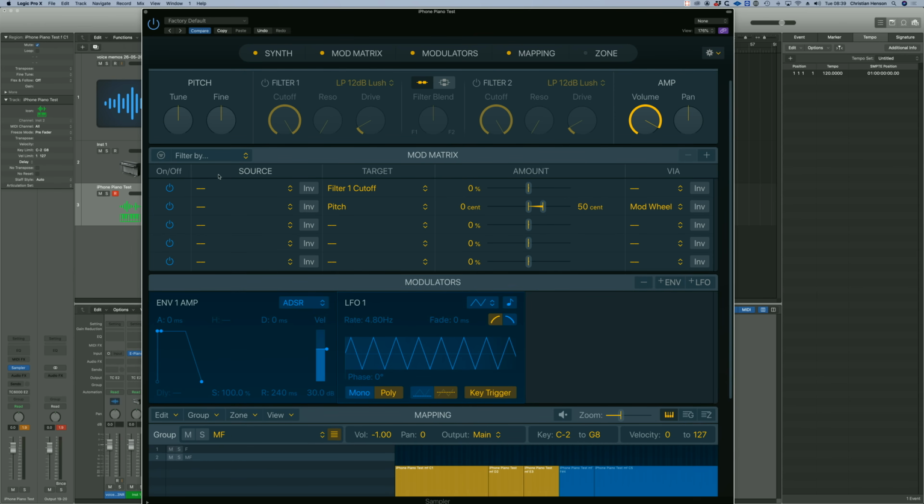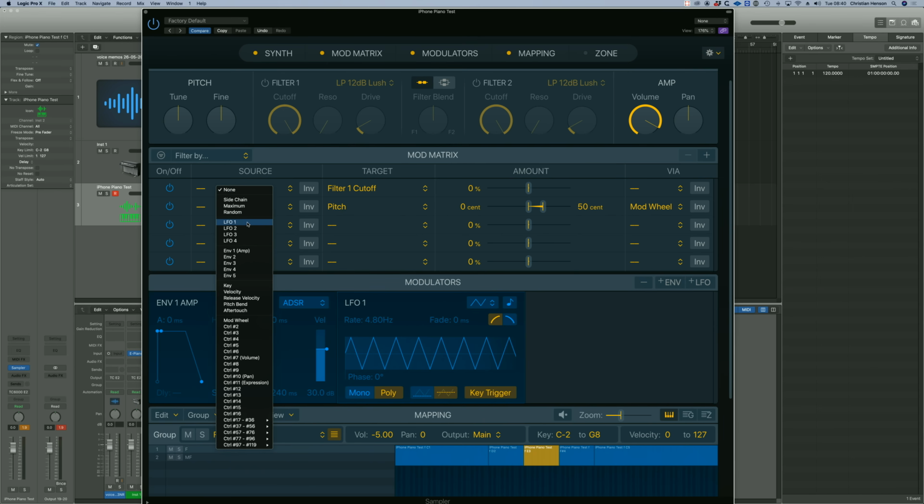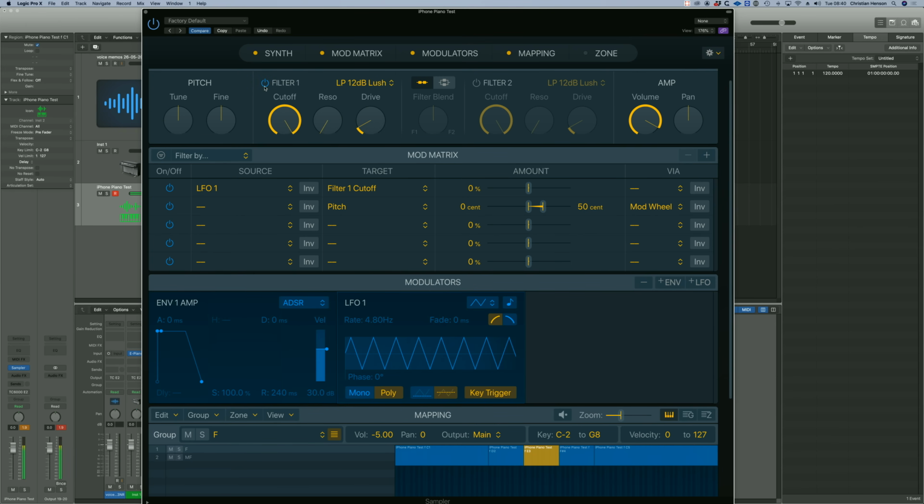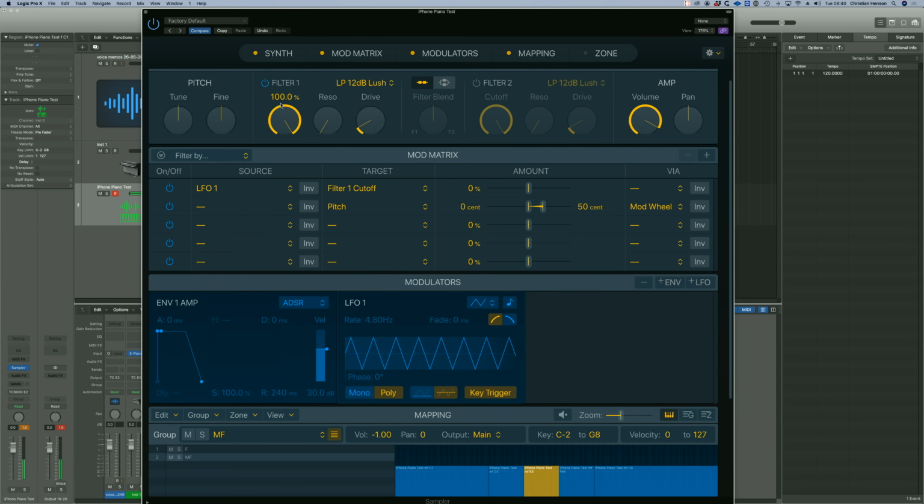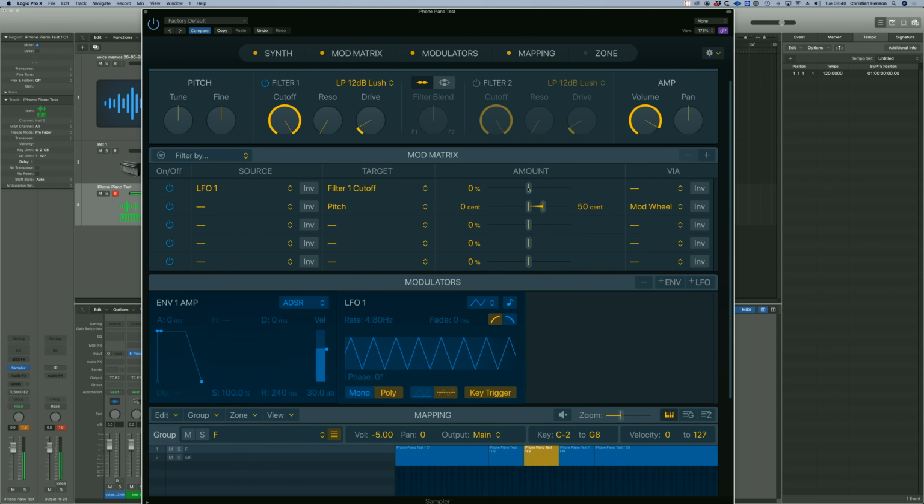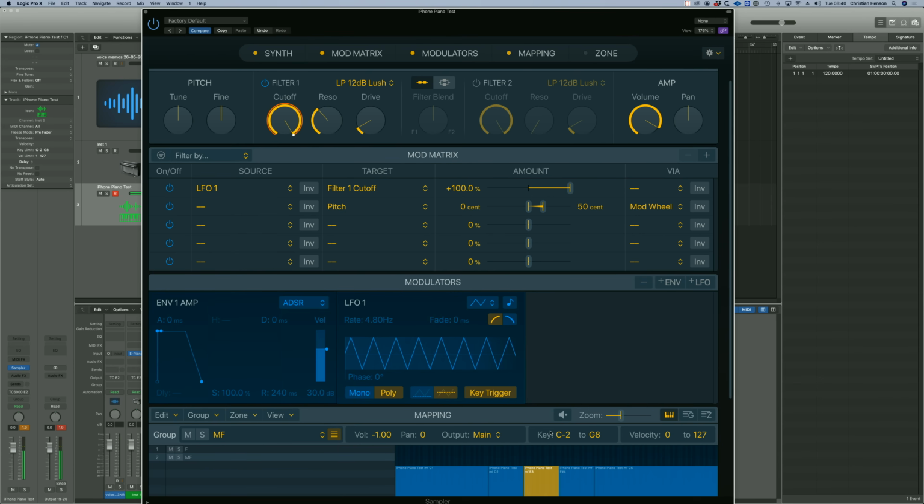So basically, we've got our source, none are listed here. Let's say our LFO1 there is going to control filter cutoff. I think it'd be good to switch that filter on. And let's adjust the amount. You'll see that the speed